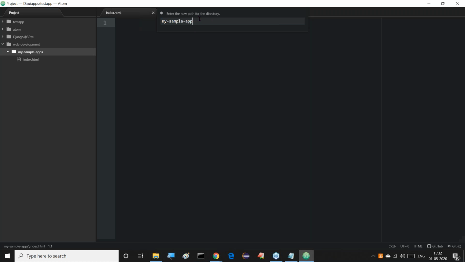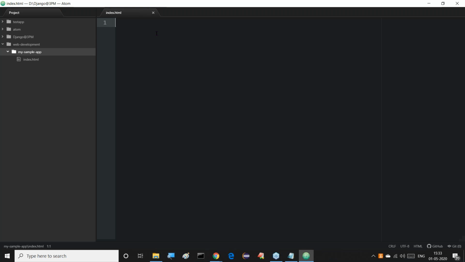My sample app. Inside this index.html here we are getting, that's okay, fine. Now here we can write our code. So what is the code we want to provide? There is a simple code I want to provide. Understand how much environment it is providing here.